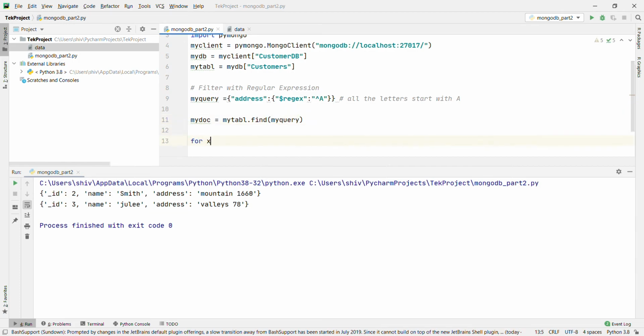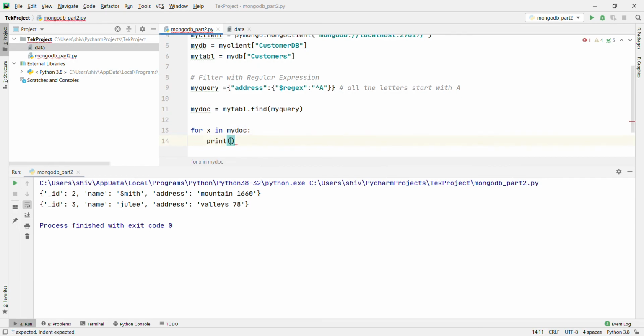Then we use a for loop, for x in my doc colon print x.